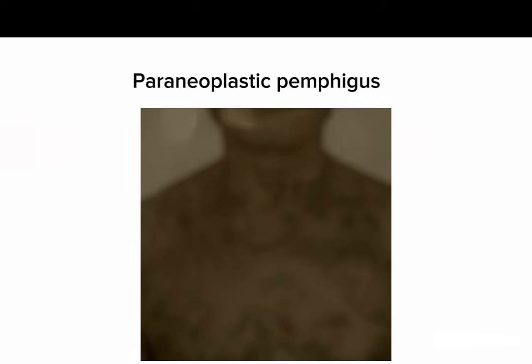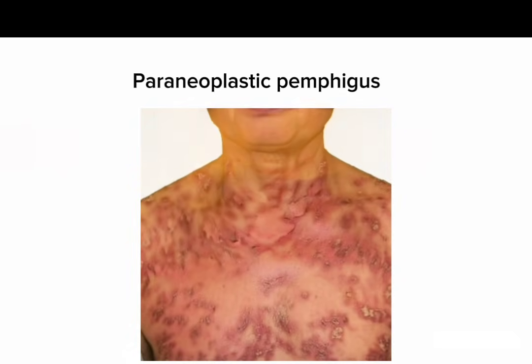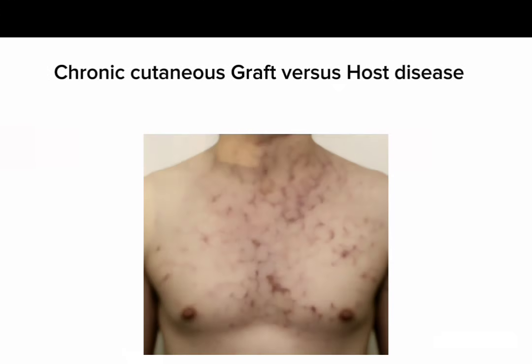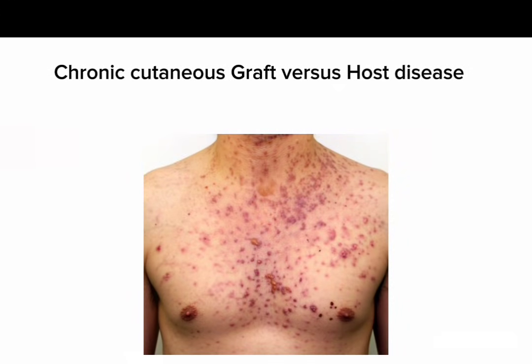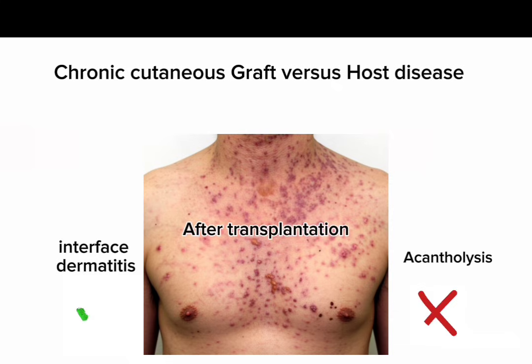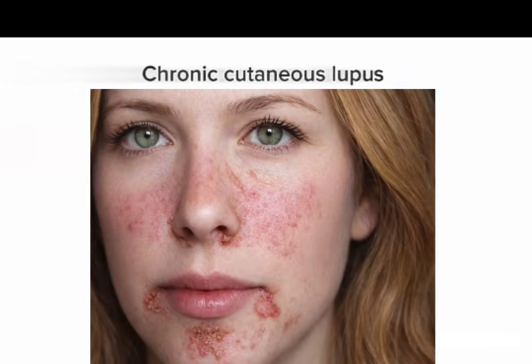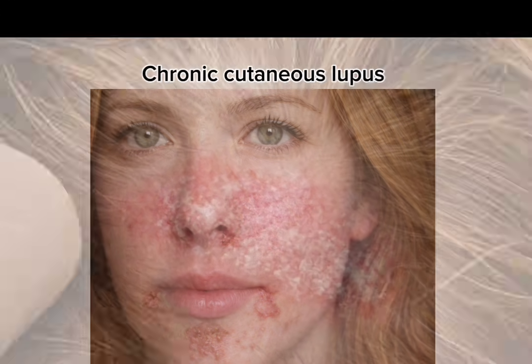Paraneoplastic pemphigus may resemble Pemphigus foliaceus early, due to superficial erosions. Chronic cutaneous graft versus host disease can also look similar, with superficial erosions and scaly plaques. However, it occurs after transplantation and shows interface dermatitis rather than acantholysis. Chronic cutaneous lupus may mimic Pemphigus foliaceus as well, presenting with superficial erosions and crusted plaques on the face and